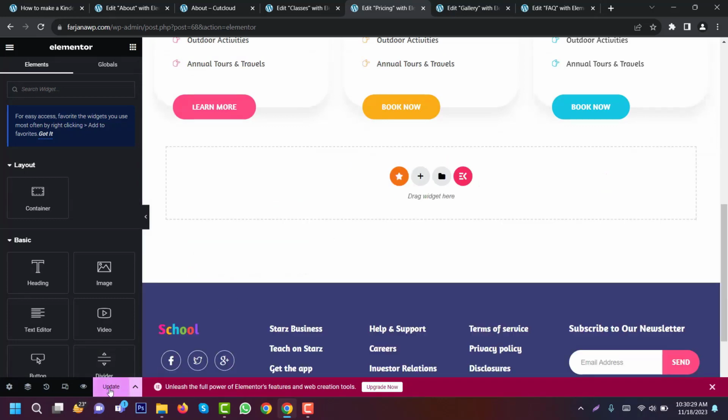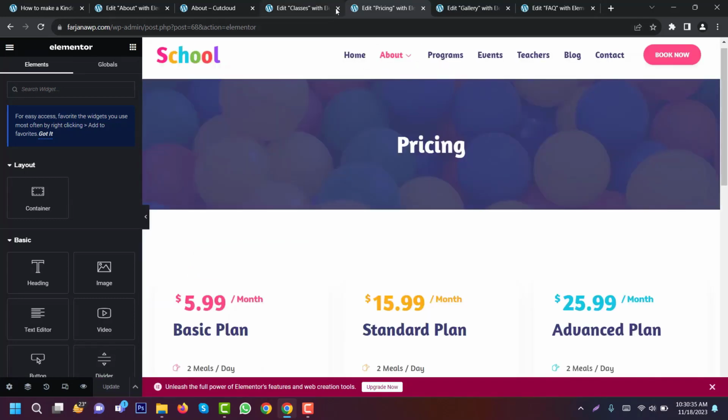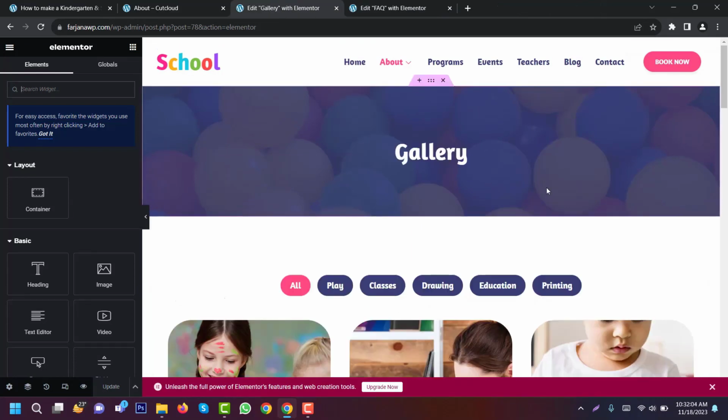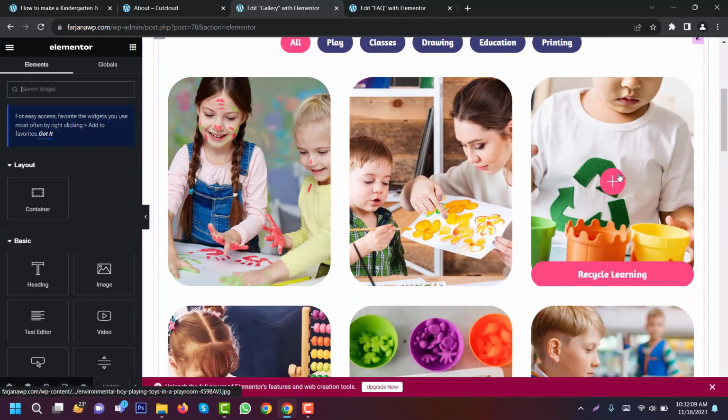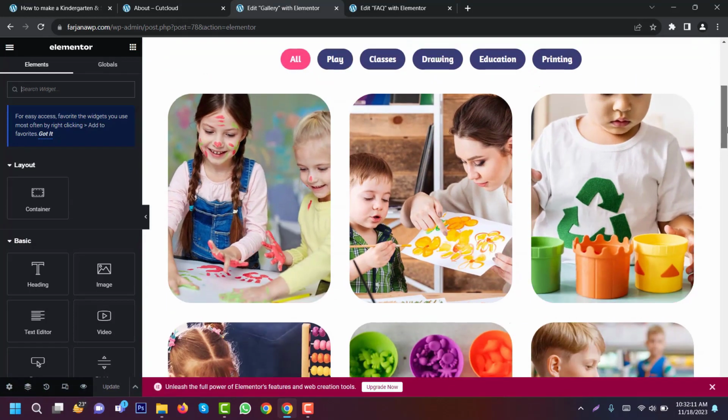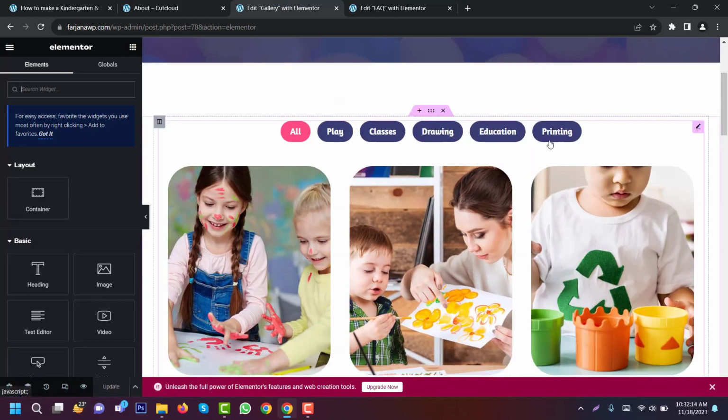And finally going to update. Alright, the pricing is done. Then the gallery page, and here all the images are working as an image gallery, and here is the filter for different